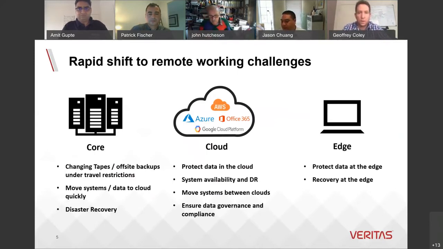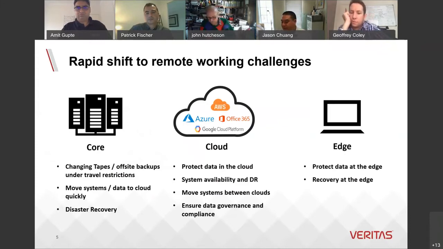How do you move systems to cloud? An additional challenge is being able to manage infrastructure physically. An option to get past that is to move some of those systems up into a cloud location where that infrastructure management burden is taken away and you can focus on the applications.